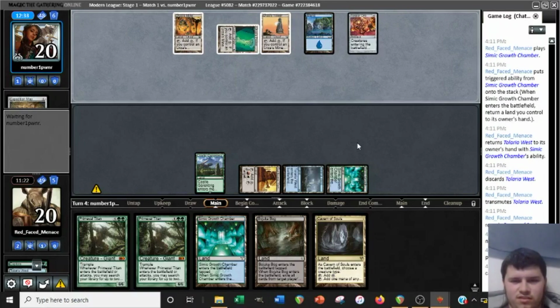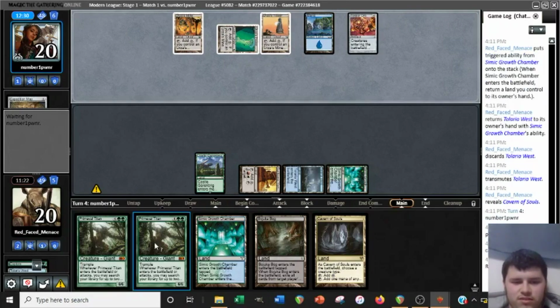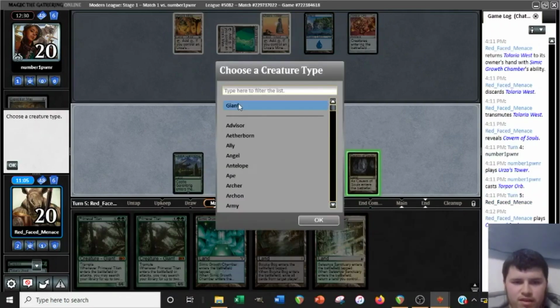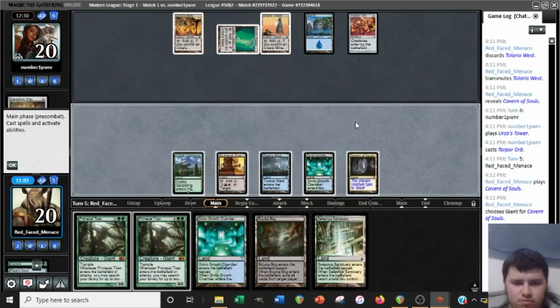That's annoying. I mean, we've got 2 Titans, so I think I'm still just slamming a Titan here anyways. We could alternatively transmute for an Engineered Explosives, transmute the other T-West, which is fine considering we probably won't need a Summoner's Pact. We could transmute, but we can't actually force through that, so I'm gonna play a Titan this turn, and then maybe try to